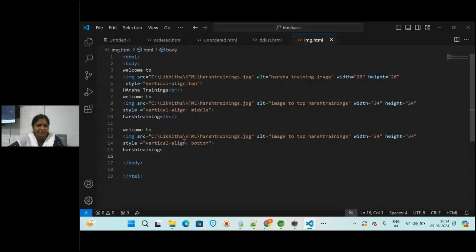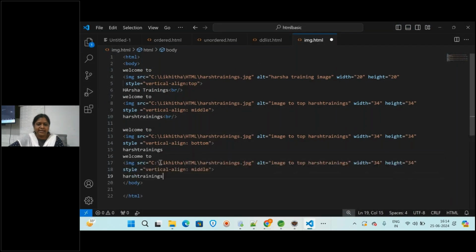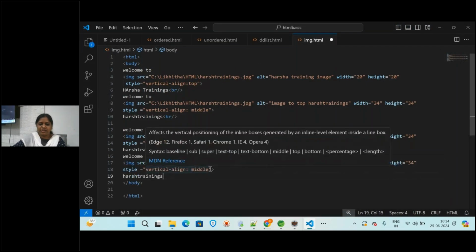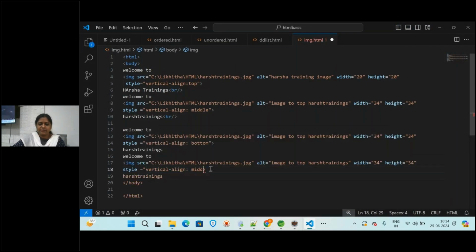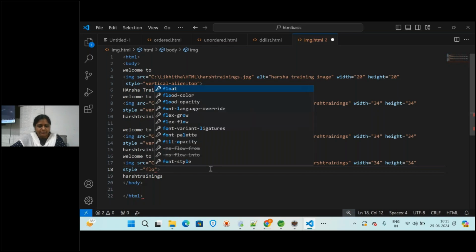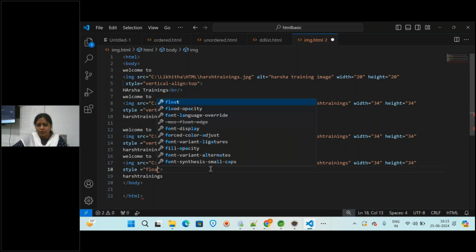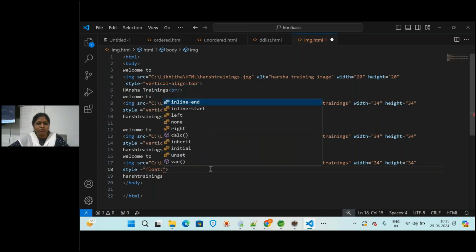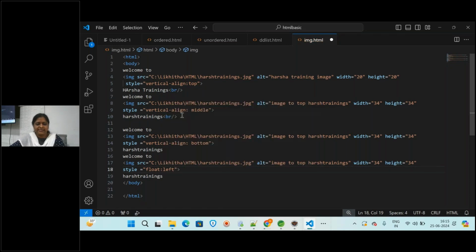We have given three, again one more we will insert here, and style equal to, in double quotes, let us give here float. And you will be giving here whether float should be to the left side or to the right side.